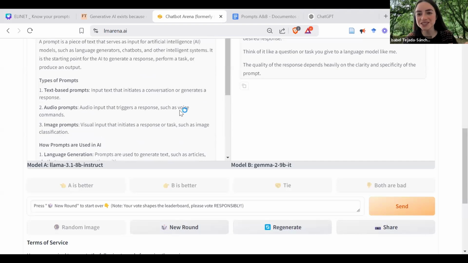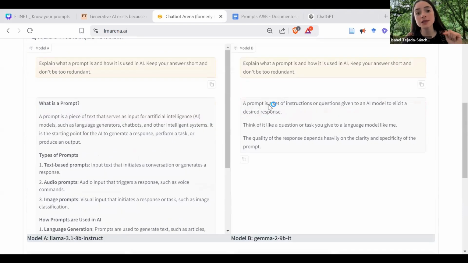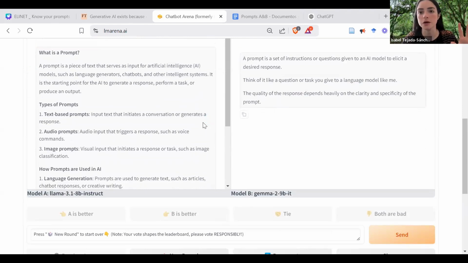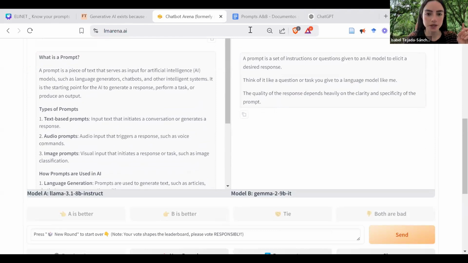Okay, so vote. And just in case you were wondering, if you want to continue iterating here in Chatbot Arena, do not vote until the very end, when you know for sure that you're done, because otherwise it's going to disappear. So right now our prompt A results are going to disappear. Okay. So here in the chat,